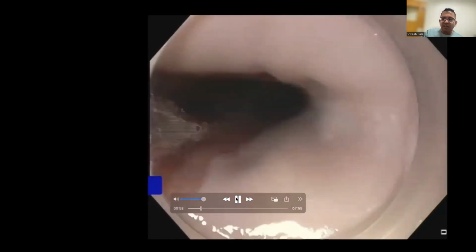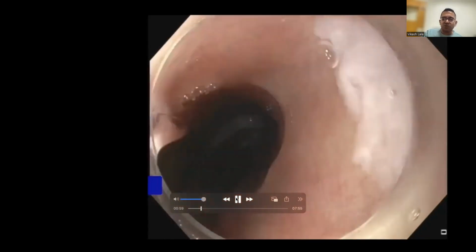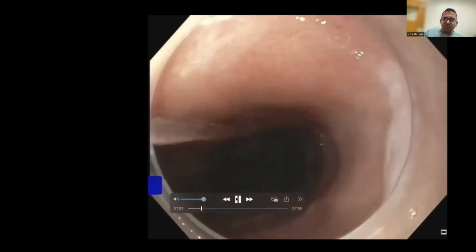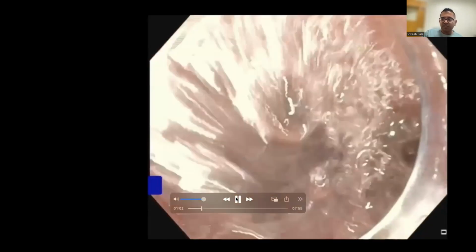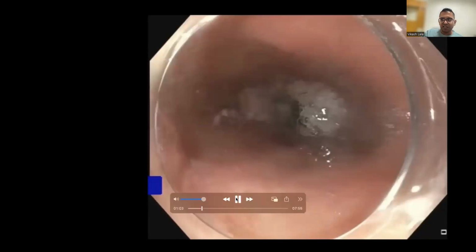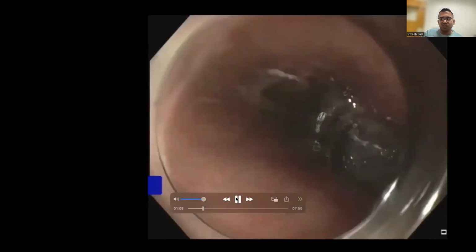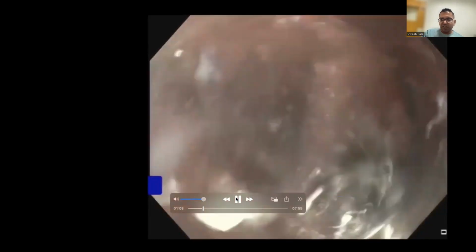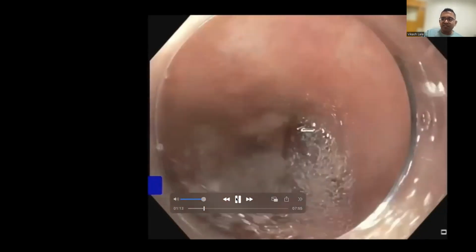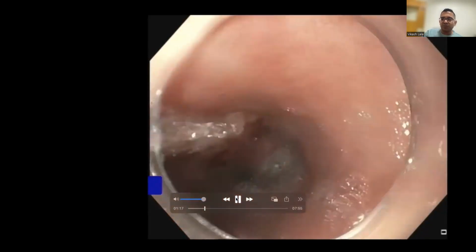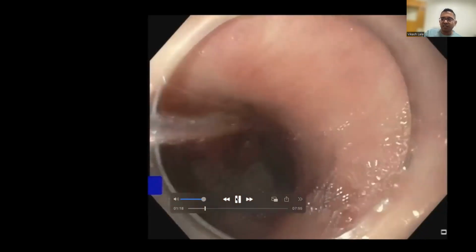And again, the first thing to do is to ensure that your esophagus is clean. Now, just bear in mind that this patient was intubated because I was planning to do an endoscopic resection. And so I was not concerned about irrigating and using water. I was not worried about aspiration. And again, if your water pump is set too high, and if you're irrigating and blasting lesions with the high water pump, you're going to induce some degree of trauma and bleeding, and that makes it very difficult to assess. So don't forget to turn your water jet down when you're washing these lesions.